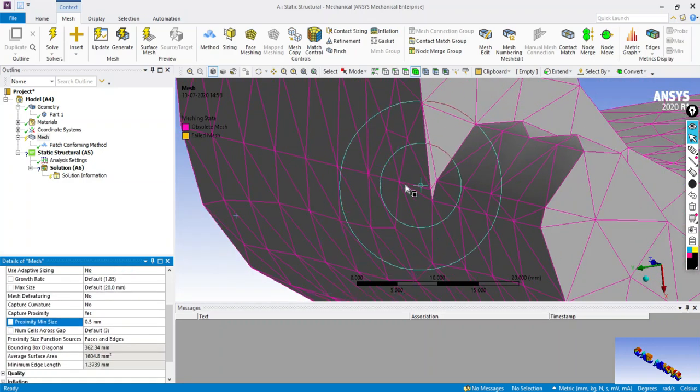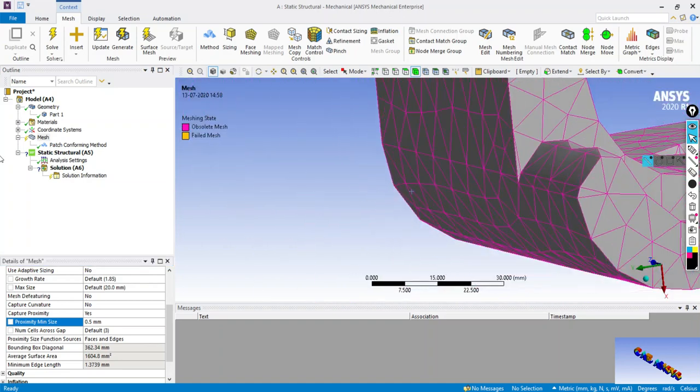Number of cells across the gap option is used to create elements between any two holes. Assume there are two holes, one is a square and the other is a circle. Number of elements across gap option is used to create the elements in between the region.